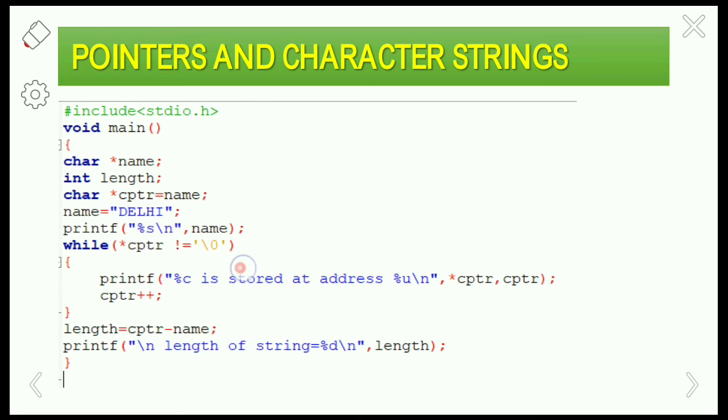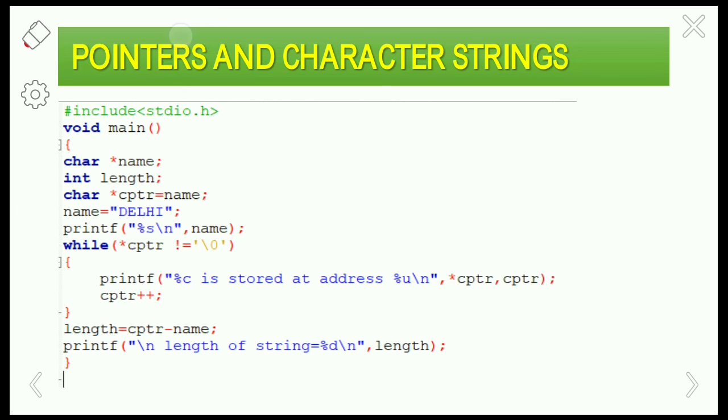Then printf with %s and name. Here there is no need to use the address-of operator or star. Next, while cptr is not equal to null: here cptr is pointing to the particular string Delhi, and until it is not equal to null, keep on printing the values.